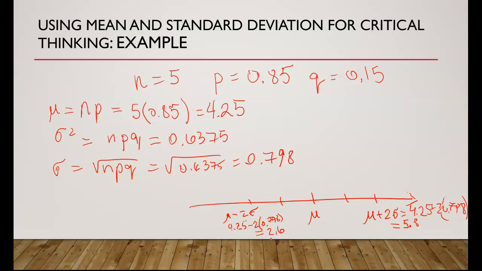Now, what does that mean? It means that 5.8 would be a significant high number of people who know what Twitter is. But because we only have 5 people total, we don't have significant high values. However, let's look at significant low values. The significant low value will be 2.6. It means that the probability of getting 2 or 1 or 0 people who know what Twitter is